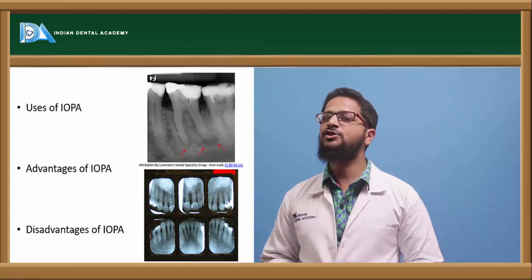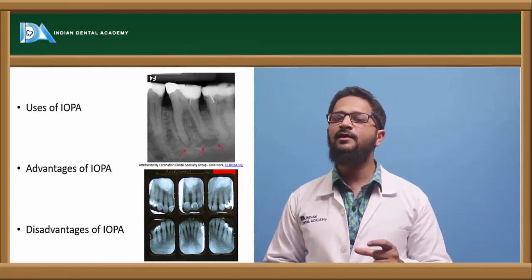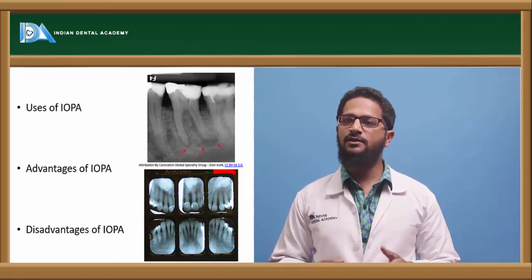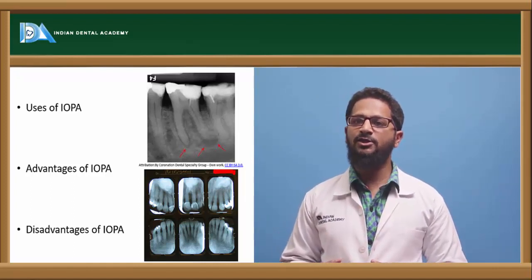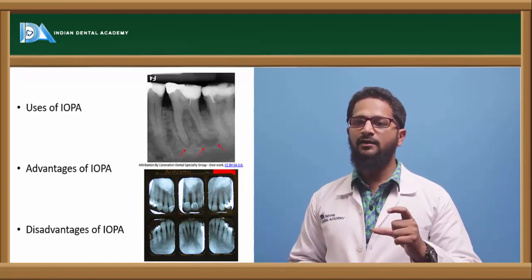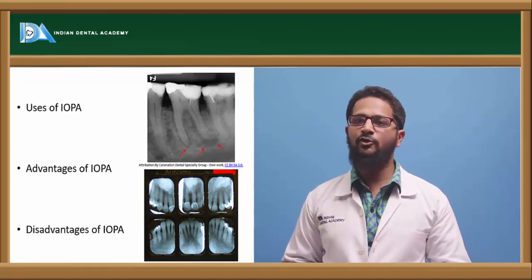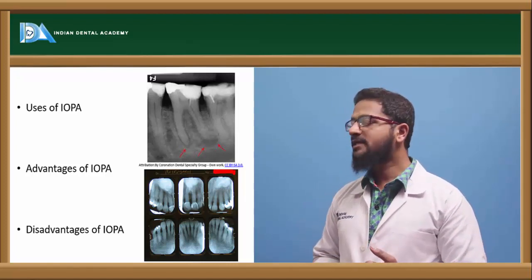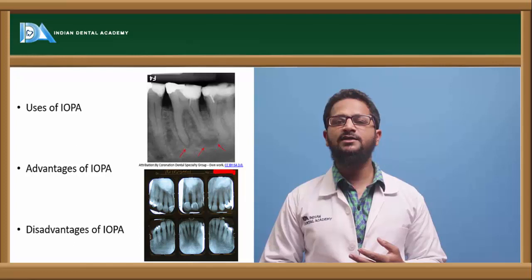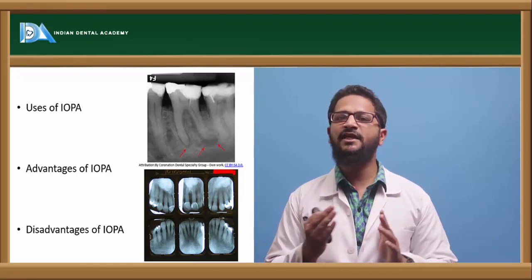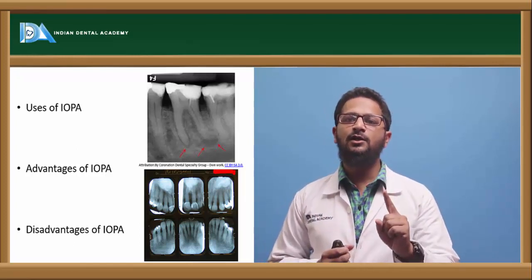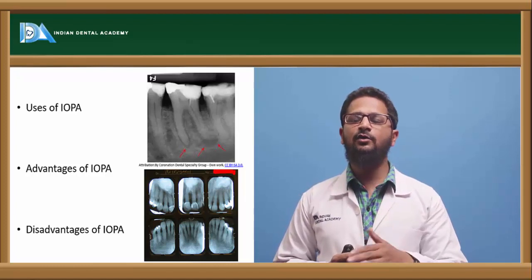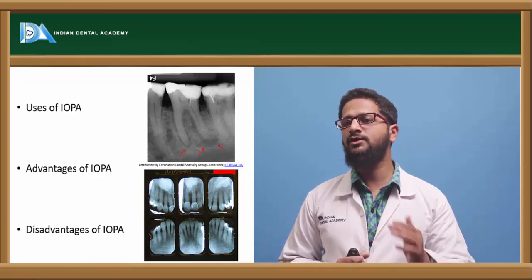A number of advantages of IOPA is that since it is a single film, it doesn't cause that much extra exposure to the patient, and we can take more than one IOPA also if it is required. But there are certain disadvantages also. The disadvantages include, first, entire dentition cannot be evaluated. With a single film, only two or maximum 2 to 3 teeth can be evaluated